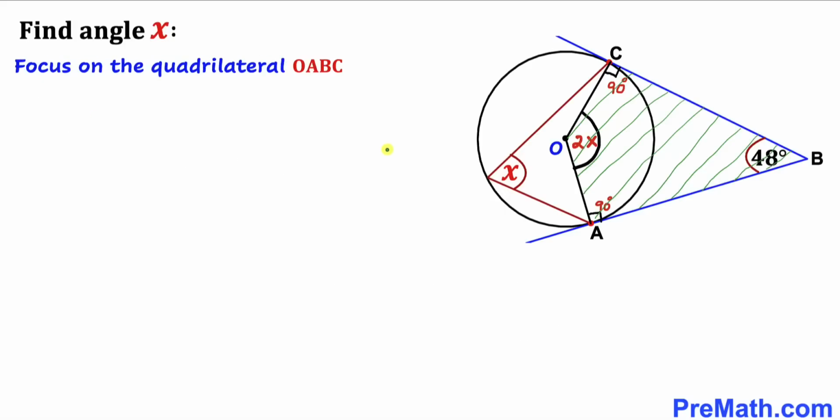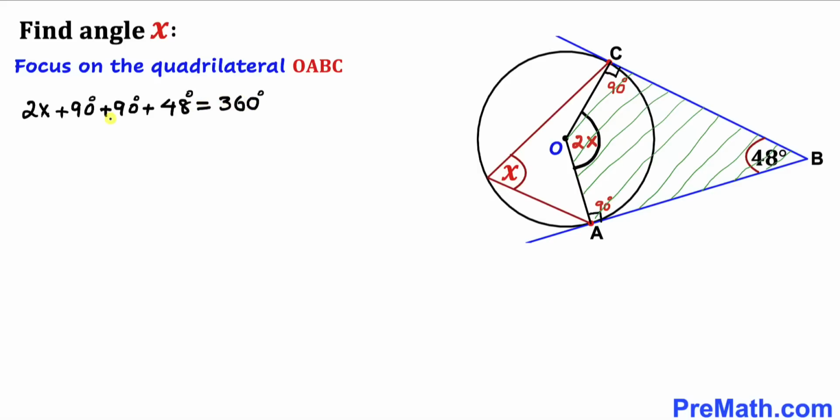And here's our final step. Let's focus on this quadrilateral OABC. We know that the sum of the angles in a quadrilateral is 360 degrees. That means the sum of these four angles must be equal to 360 degrees. So therefore, let me go ahead and write down 2x plus 90 degrees plus 90 degrees plus 48 degrees equal to